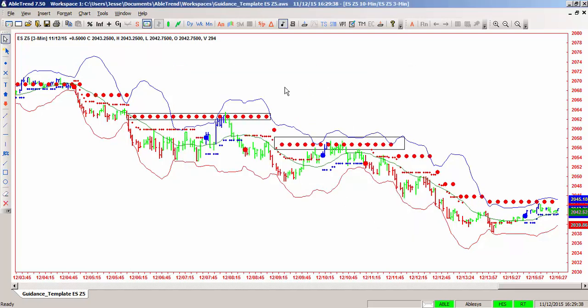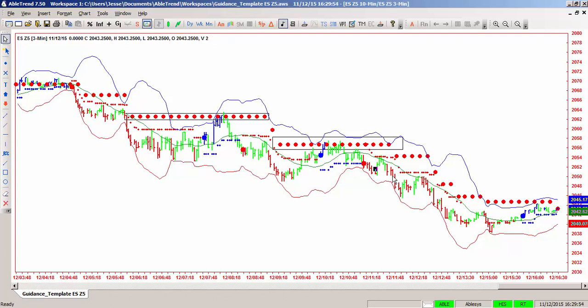All right, so the advantage of using the guidance chart really is going to come down to leveraging the same signals that we have been trading with the trend, staying with it, and trying to win big and lose small. As you can see here, when the markets are down, there can be signals that go against the major trend